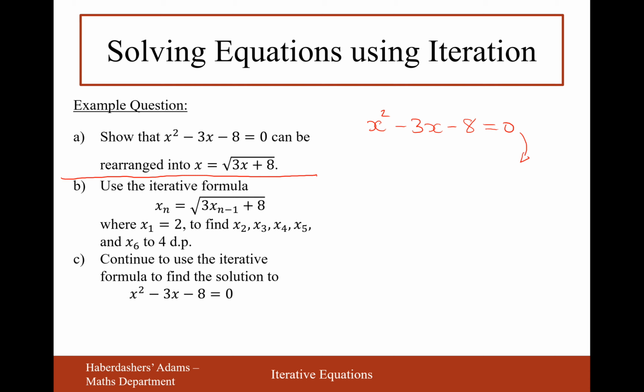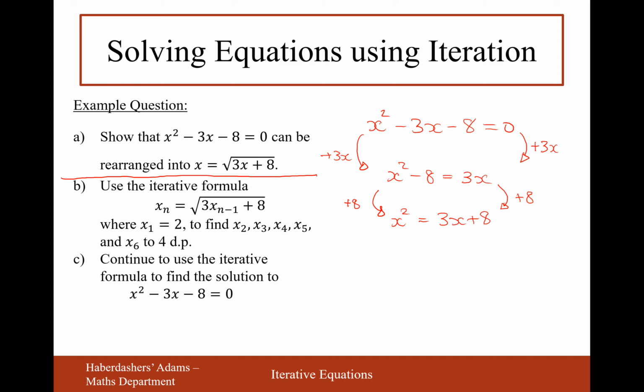So I reckon on both sides of my formula, I need to add 3x to both sides. When I add 3x onto the left-hand side, it will disappear, and it will appear on the right-hand side. Exactly the same with the 8. I'm going to add 8 to both sides. So it's going to be x squared minus 8 add 8, those two will cancel, and it will be 3x